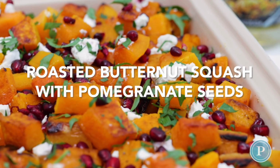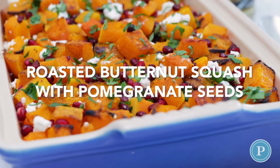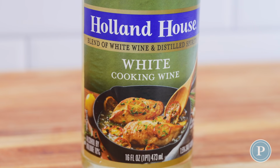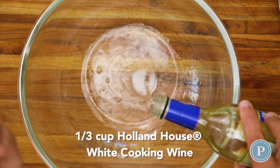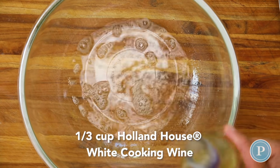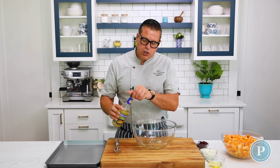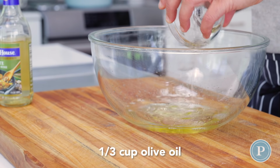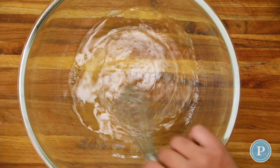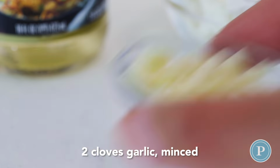Now we're going to make the butternut squash with white cooking wine, pomegranate seeds and goat's cheese. The first thing we're going to do is take some Holland House white cooking wine. This is going to add that nice crisp wine aroma that we love with food, and this works well with the lighter foods, perfect for butternut squash. We're going to add some to the bowl, and then we're going to add some olive oil, and I'm just using a light olive oil. I'm going to whisk these together, and now we're going to add some chopped garlic, just adding that to the